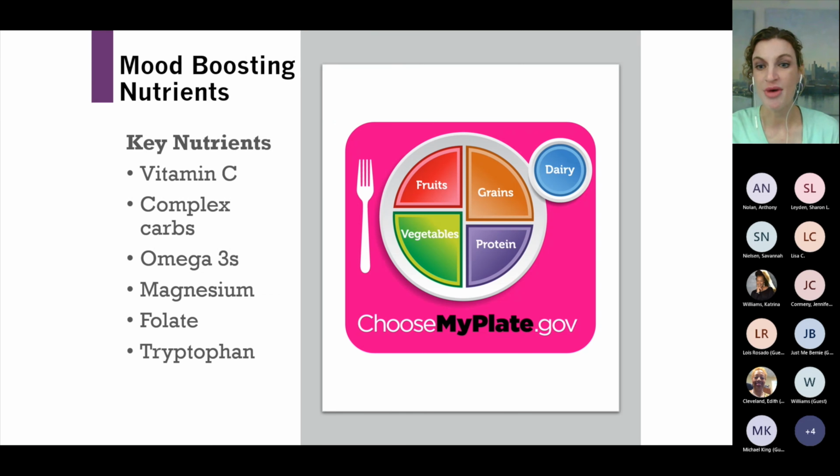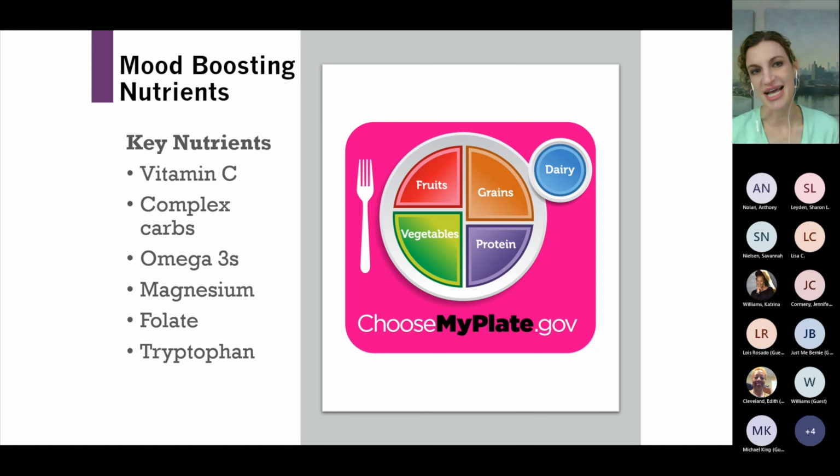All right. So let's talk about some of the nutrients that can really make a difference with our mood. So I'm sure all of you have seen on the right side of the screen My Plate. This is a figure that we show frequently in a variety of our presentations. But a balanced plate that follows the My Plate guidelines can actually counterbalance the impact of stress, and it really can help with your immune system and give you those nutrients that can help stabilize your mood and also help with other management, high blood pressure, high cholesterol, or high glucose levels. And also when we're using My Plate, we are getting a variety of wonderful nutrients within balance.